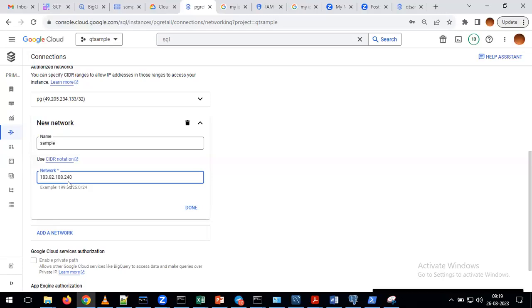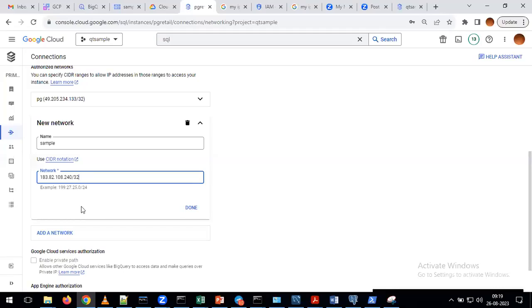After that, please give /32. This is very, very important. In the example, if you see, we have a /24, but the 24 is not working. So you have to give it as /32. Give your IP address /32.